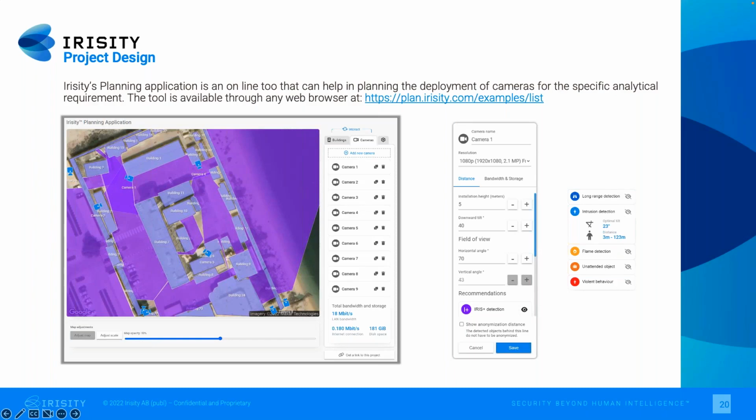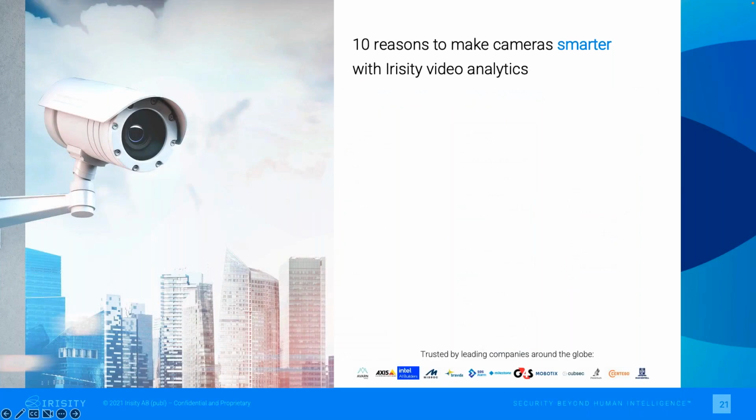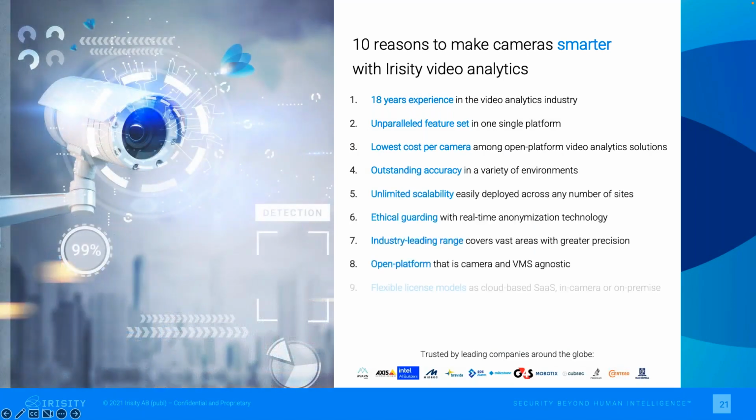Cool, thank you. So what I'm going to do is finish with one slide from Mark. And Mark, I just want to give you the opportunity. We always talk about what analytics does. What is in it for people? For me, probably the most challenging thing about analytics is understanding, as a customer and as an end customer, what you need to expect from a device. How do you manage the expectations? And how do you get an idea of what you're actually going to get at the end of the day? So I know you have a very cool slide here where you talk about 10 reasons to make cameras smarter with Irisity. So just some final thoughts from your side and some advice if you can give to people